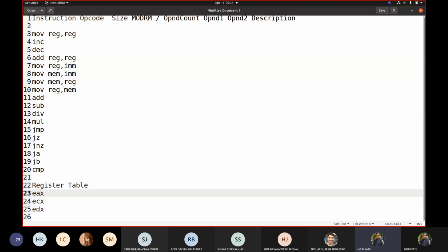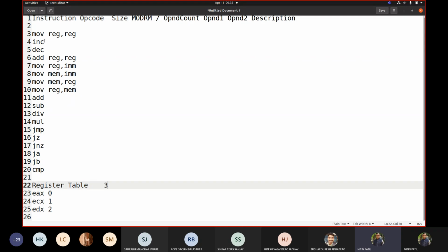Because we saw these registers are numbered 0, then 1, then 2, and so on. Correct? So define this register table. Third thing, I want you to first come up with the solution to the first assignment with the count. Next day, Wednesday, you are going to submit your second assignment, which will be providing you